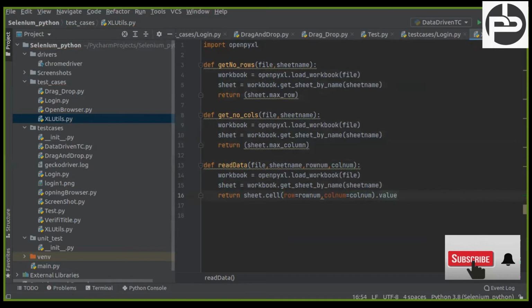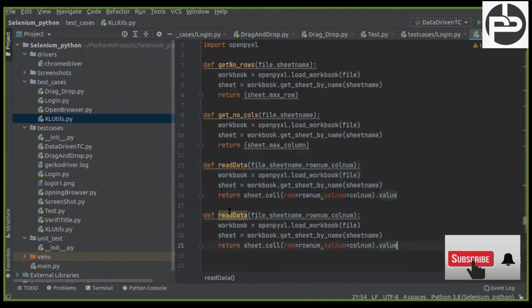Similarly, if you want to write the data, what you can do? It's reading data. How do you read the data? It's very simple. Just copy paste this code, and I'm pasting here. And instead of read data, write data. And again we need a file, sheet name, and row and column, because on which row, which column we have to write.